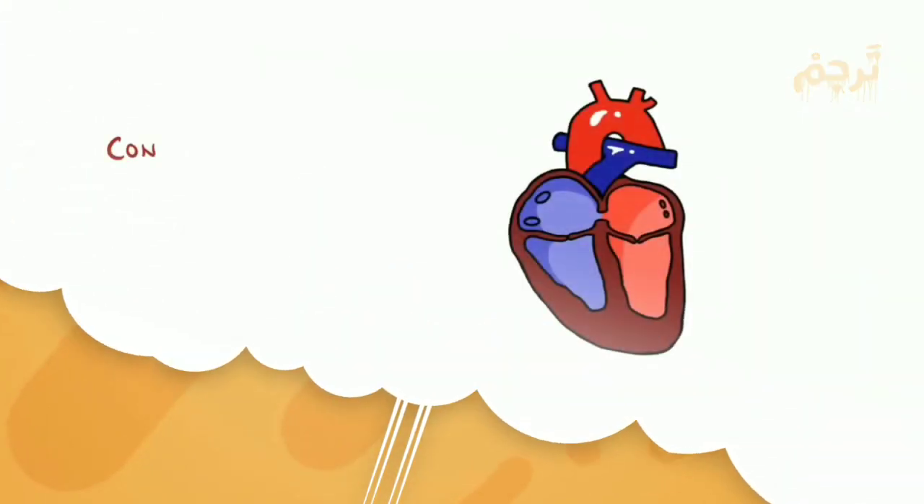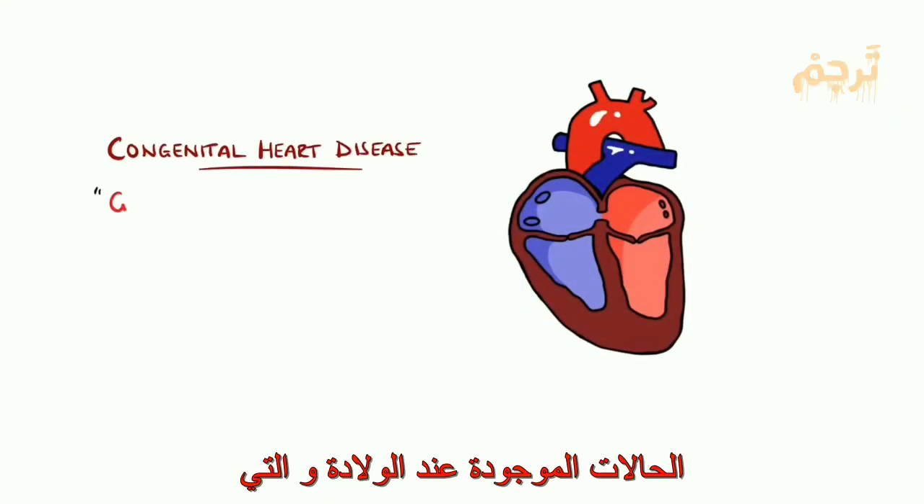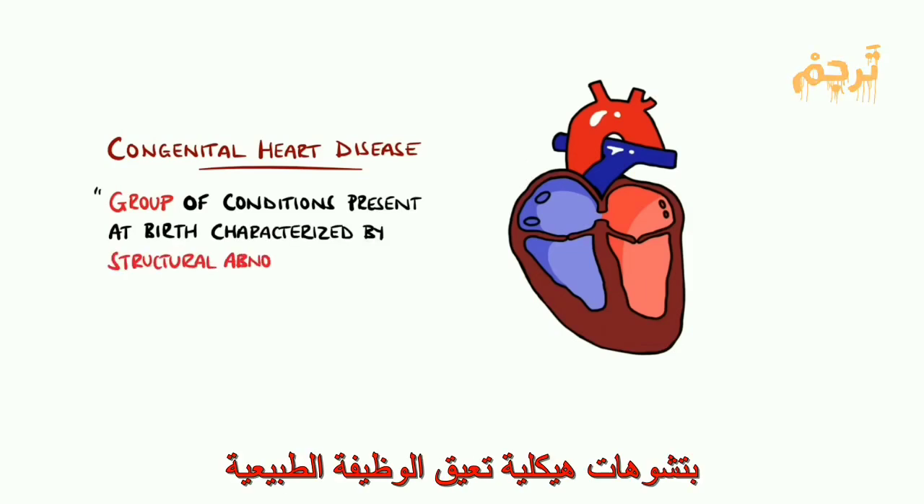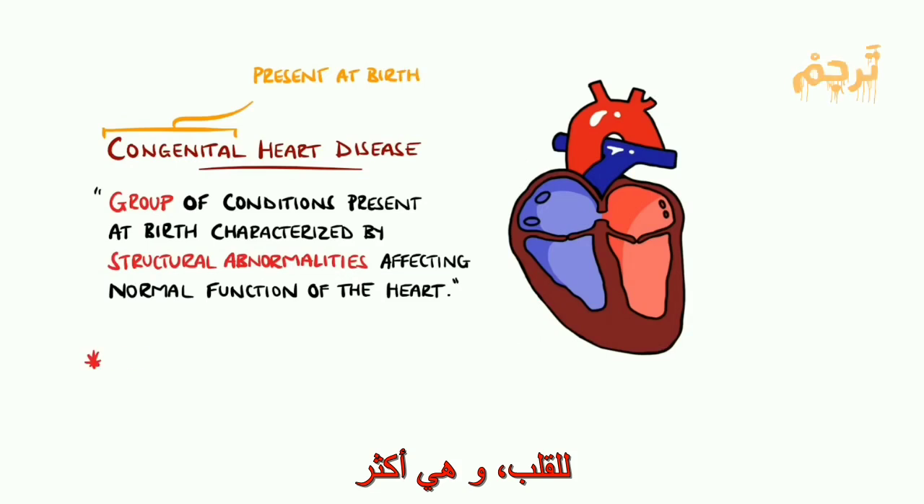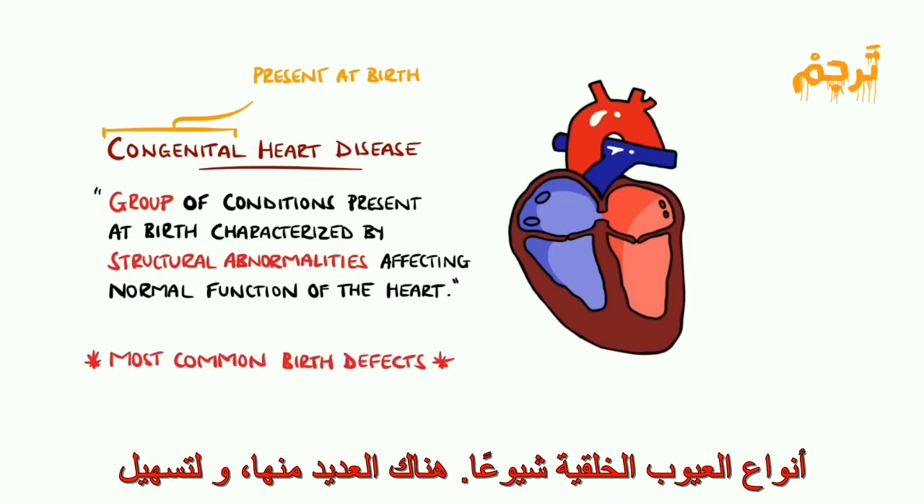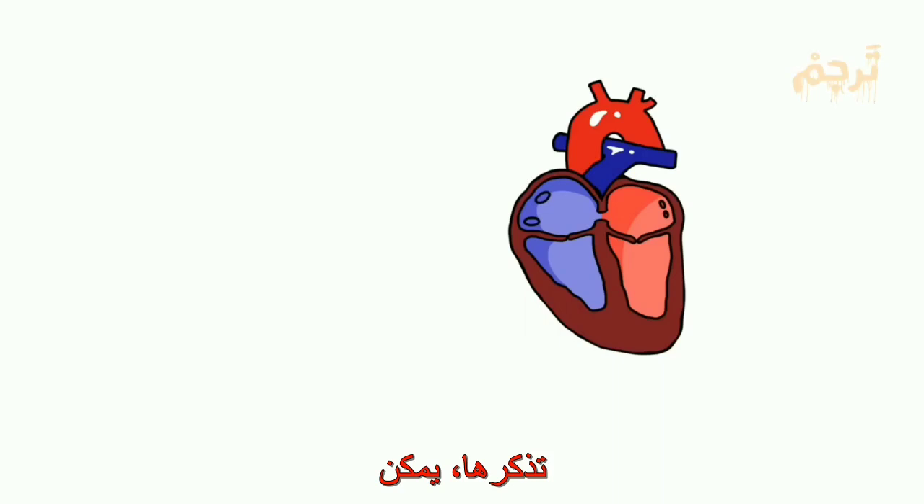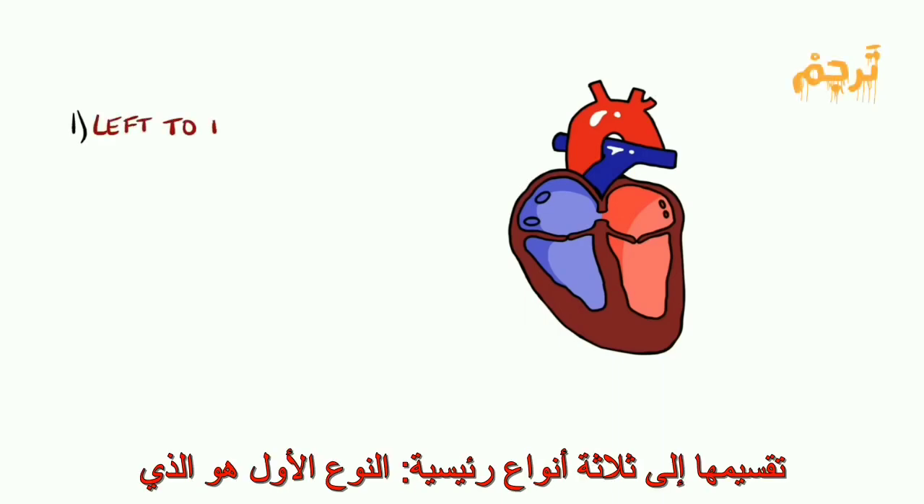Congenital heart disease is a group of conditions present at birth that are characterized by structural abnormalities disturbing normal function of the heart and are the most common form of birth defects. There are quite a few of them, so to make them easier to remember, you can divide them into three